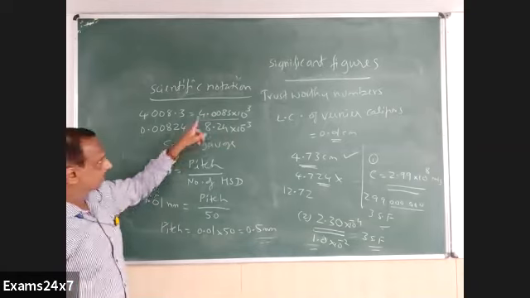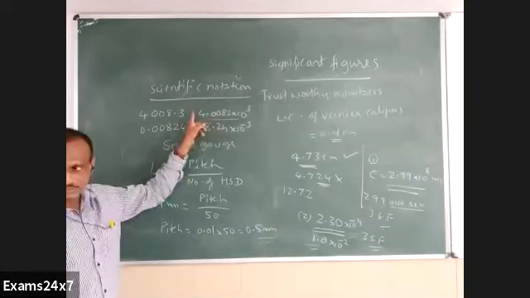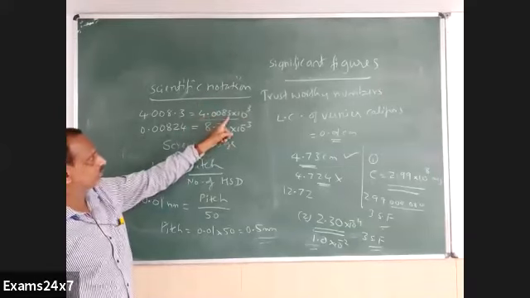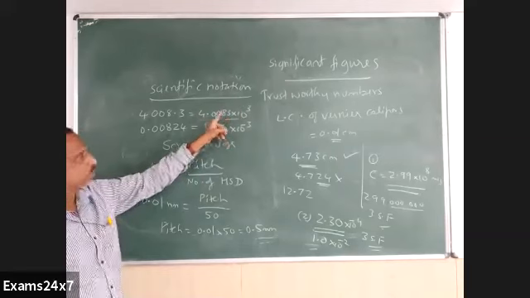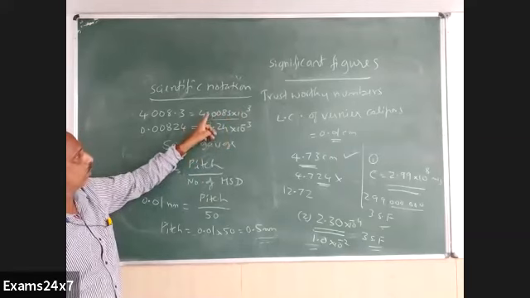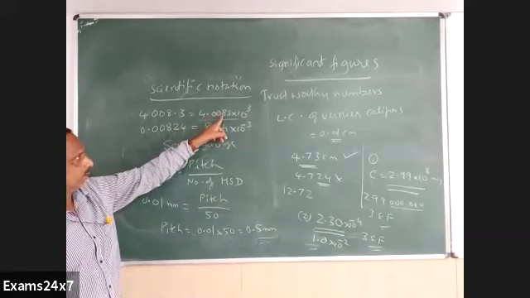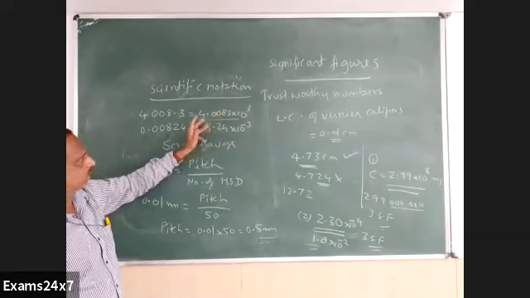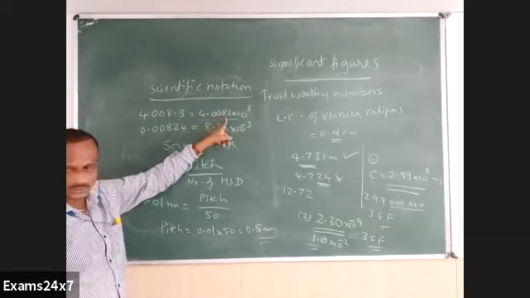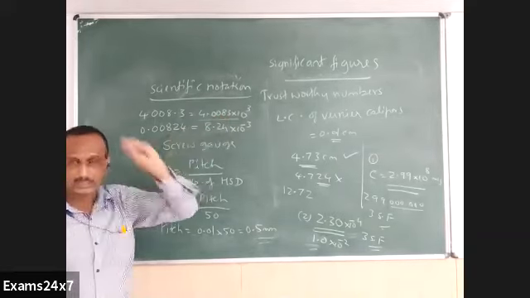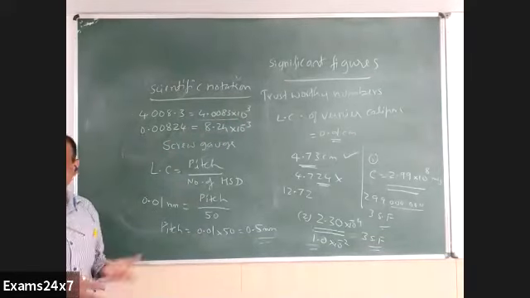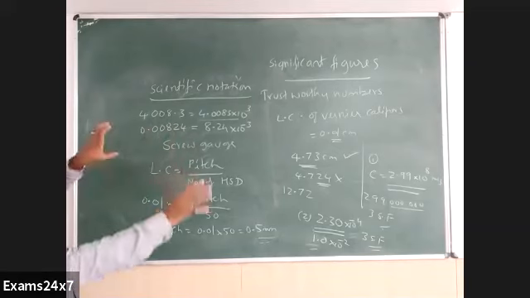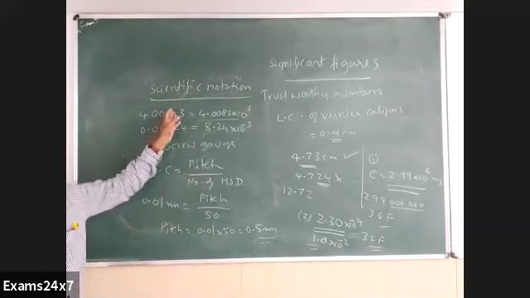Rule. In this case, all 5 are significant figures if it's presented like this. Unless you are sure of this 5th number, you should not write like this. If you are sure of only 3, it should have been 4.01, because 08 you have to round off as 1. Or if it is a 4 digit case, 4.008 should have. If you are having all 5 here, that means 5 significant figures are there in this case. So some general points and examples I have mentioned here regarding significant figures.